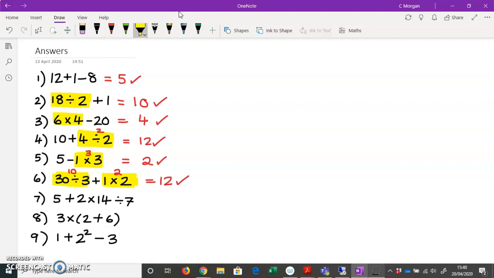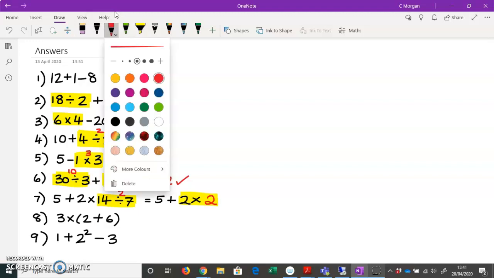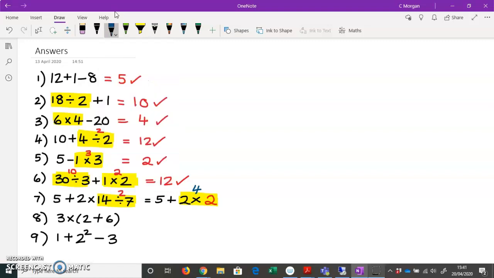The next question's a little bit more tricky because I can see that I've got a division. And I know that 14 divided by 7 is 2. So I think what I'm going to do first, instead of finding the answer, I'm just going to write it out as 5 add 2 lots of, and then I'm going to get the answer to 14 divided by 7, which is 2. I now see that multiplying happens before addition, and I've got 2 multiplied by 2 is 4. Let me put that in a different colour. And 5 add 4